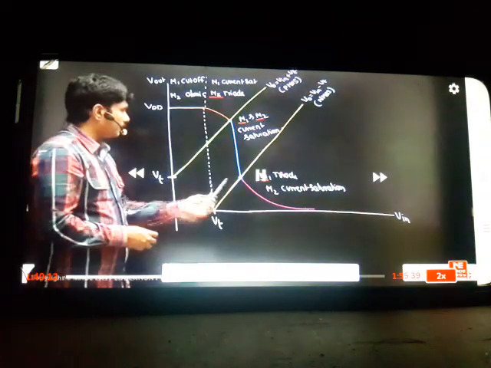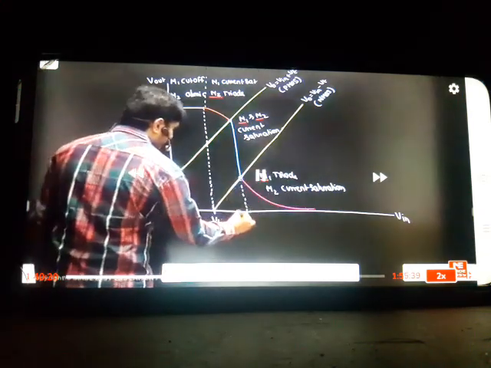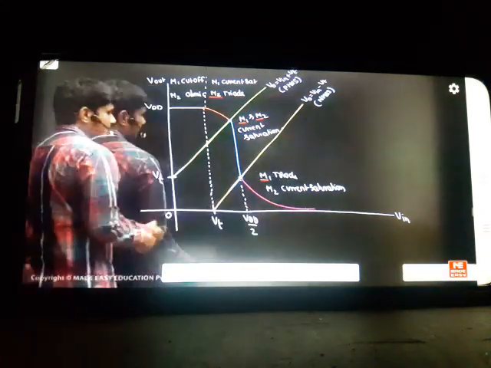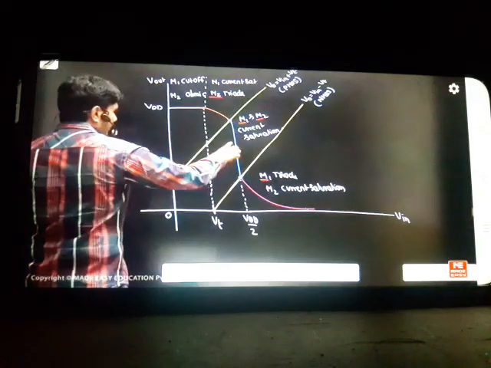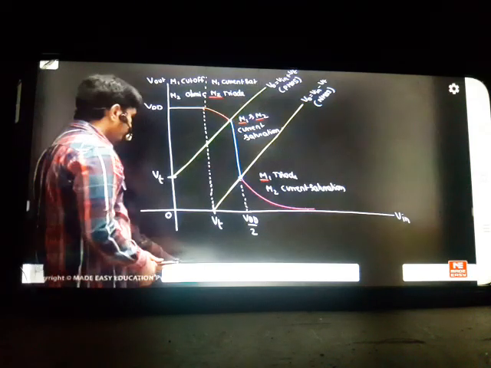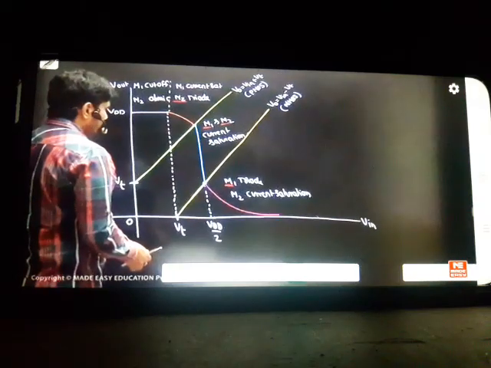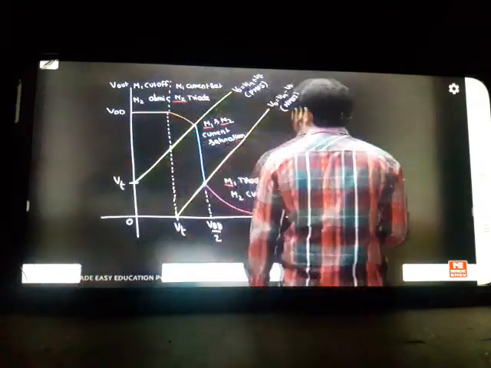Okay. Now we have to prove in the class how much it is falling exactly. These people are telling we can make it fall exactly at VDD by 2. Let us prove whether I can make it fall here or not, and what are the conditions for that. So I will do some mathematics for that. I don't want to teach extra things, only the middle one: why it is falling linearly, and at what time it is falling. Just we'll see the status.